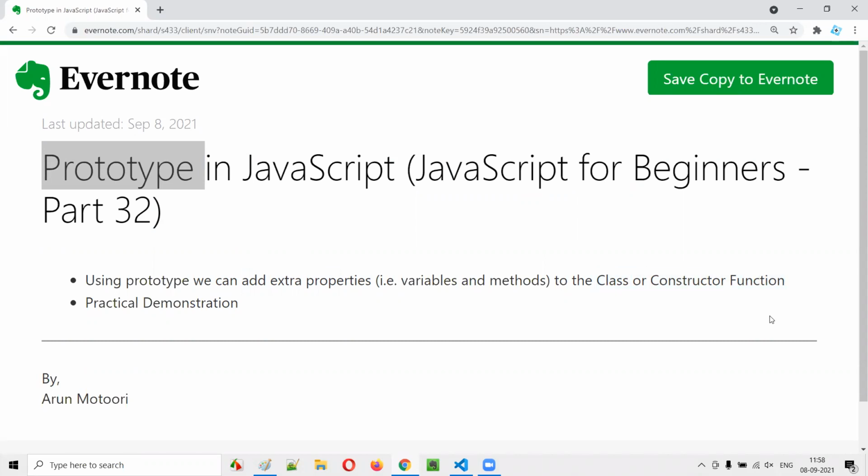What does it mean? Let's say you created a class, and while creating it, you added some properties, like some variables and methods inside the class. But at a later point of time, you got to know that you need to add a few more variables and methods to the class. In that case, guys, we can use prototype. For adding such extra properties to the existing classes and constructor functions, we have to use prototype